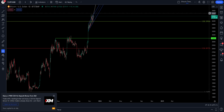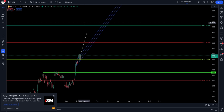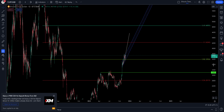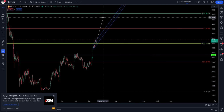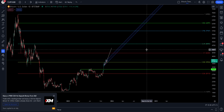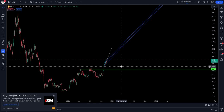What I would like to see is a slow trending market to the upside and not massive candles that would force us to at least come down and retest previous breakout levels. If we can go that high, I would like it to be slowly, and if it does go up in a straight line to these very important levels, including the 50 and the 61.8, I would like to see a retracement to these previous breakout levels, and I'm just going to remove this at the